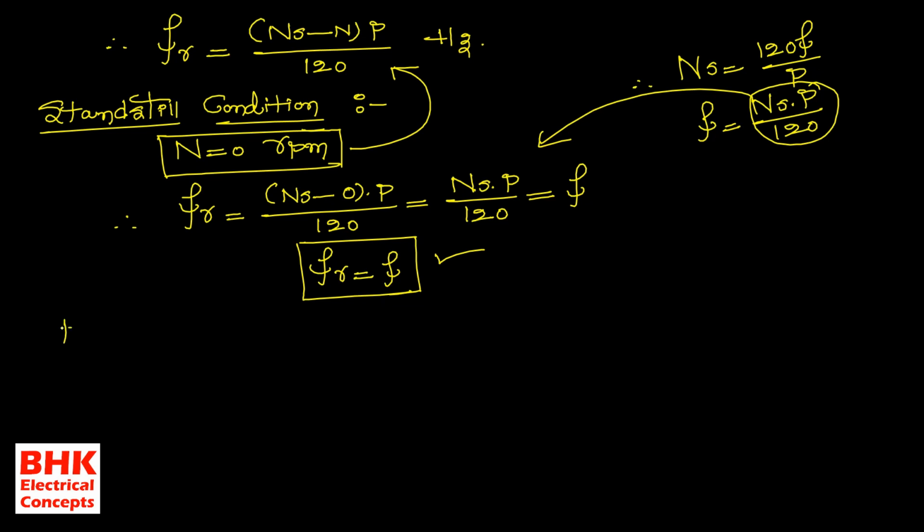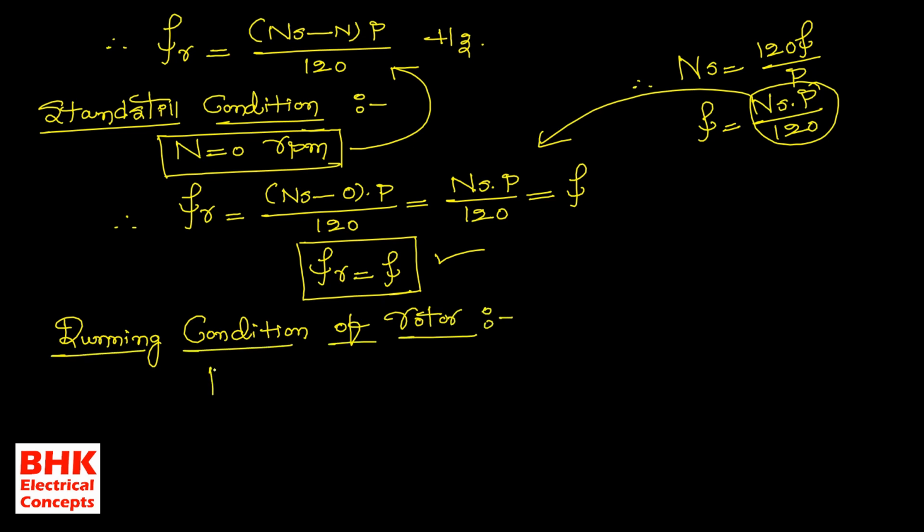Now condition number 2, that is the running condition of the rotor. Running condition means the rotor is rotating. It means N is not equal to 0. N is not equal to 0 means definitely some value of speed is there because the rotor is rotating. So in that condition, we cannot substitute N is equal to 0 in the rotor frequency expression. So Fr is equal to Ns minus N,